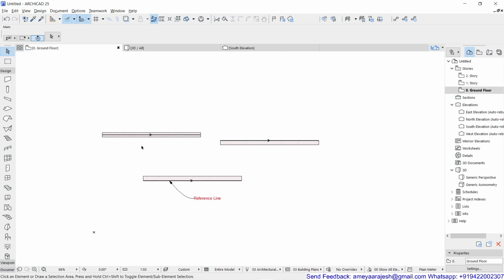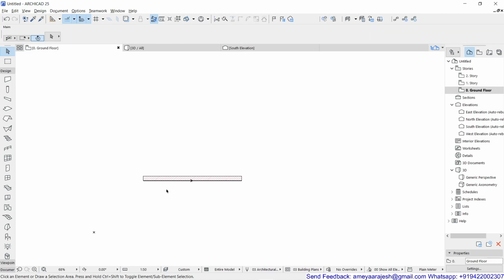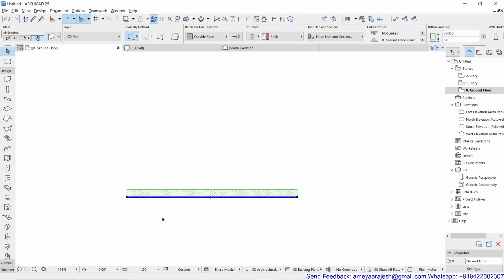So just try to remember a few of them, or otherwise we'll definitely look back over here. And before I proceed, I'm just going to remove a few of the things because they are of no use now. And my reference line, I'll keep it on for a while for your comfort. Later we'll turn it off. Now what I'm going to do is show you how I can make this wall length as required length. For example, when I select this with the arrow tool, you can see all selected is written.